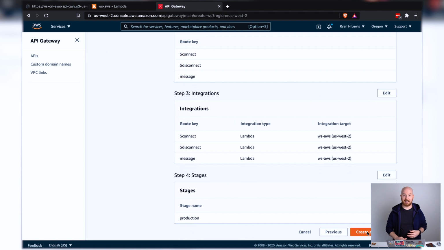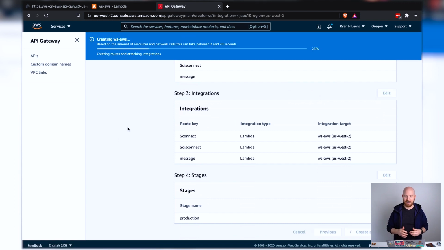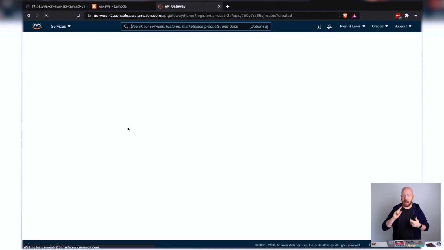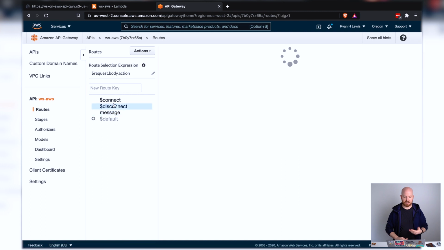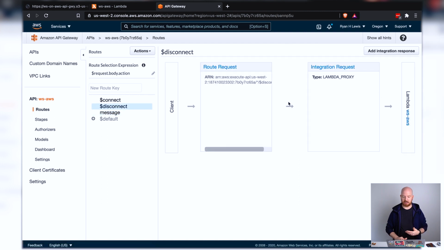Probably looks good. We'll test it and see if it works. And if it doesn't work, we'll have to go in and change things. But so we have our Lambda function created. We have our API Gateway created. And now we'll tweak a few things to actually try out everything. So here's our API Gateway. You can see that it has the 3 routes, and you can see that the integrations are all set up to go to this same Lambda function.